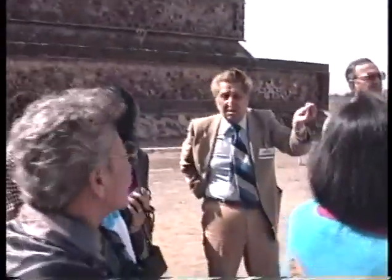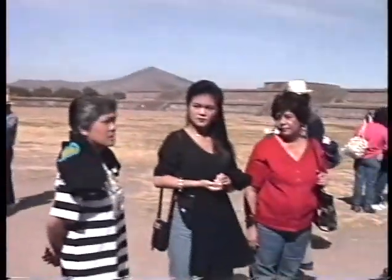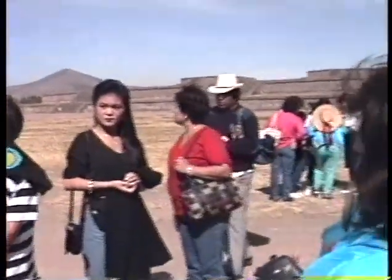What is it for? The priests. They were the only ones who lived in this area. The rest of the people lived outside. Whenever you see those trees, if you make an excavation, you find ruins of the living quarters of the people. Now, this was all trees. There's a tree